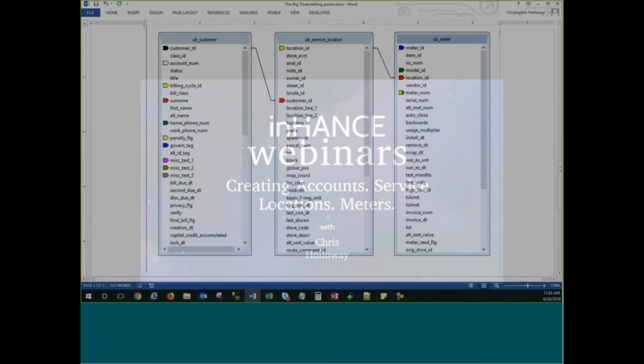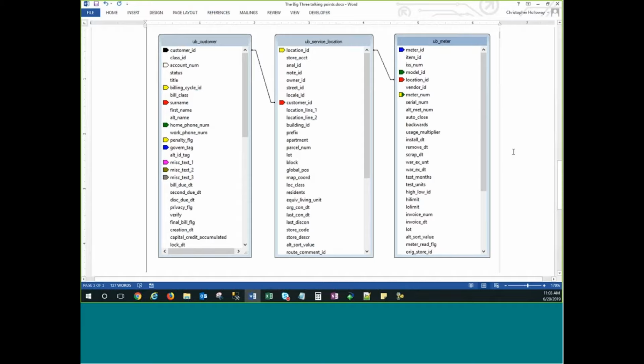Representation of those three tables in the database. Basically, you have this table here, UB customer, you have the UB service location, and UB meter. UB stands for utility billing. These tables were created to house all of the information that you see on the screen when you open these